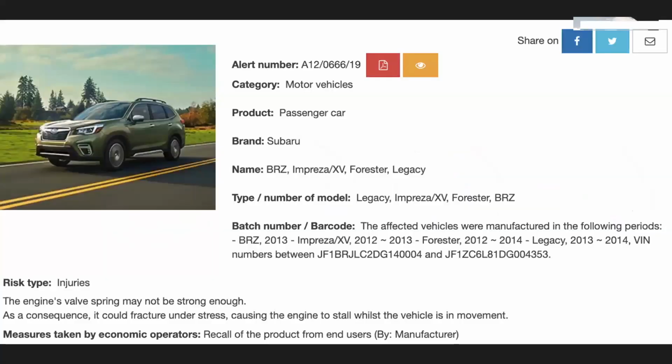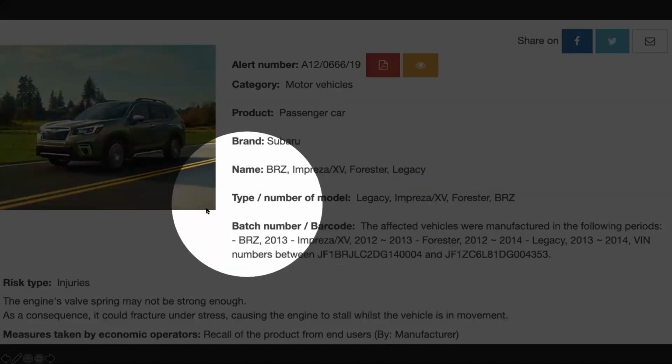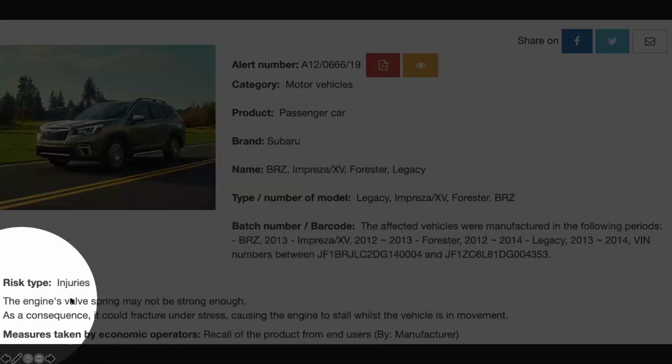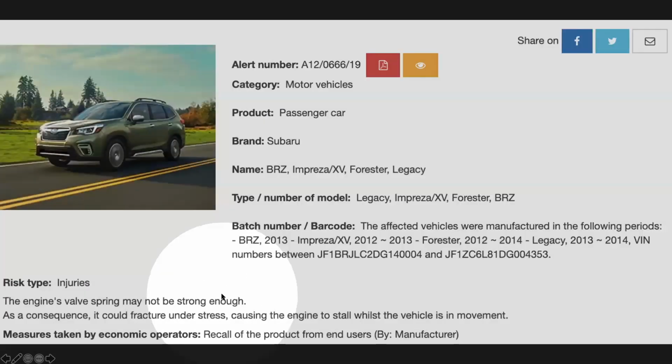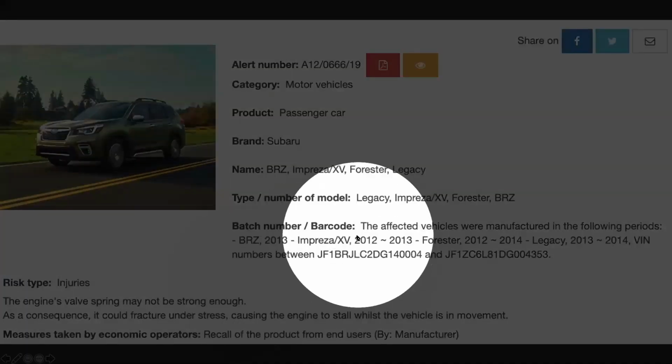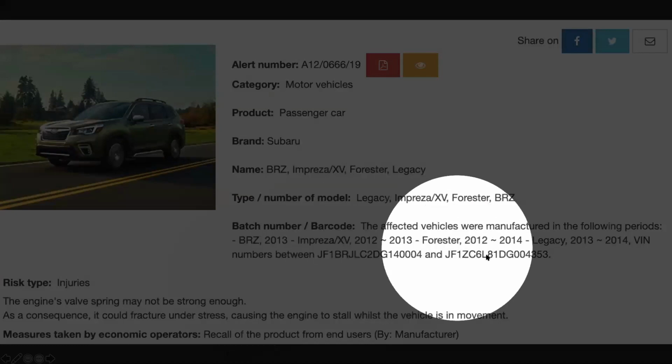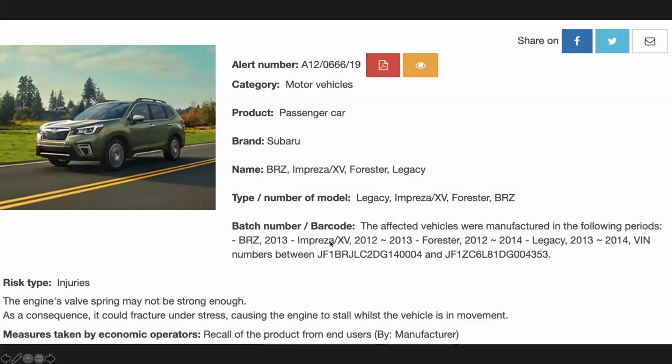And if we think about traditional manufacturing, in this case I just happened to have picked a car, there's a particular issue here. There's a particular valve spring that has an issue that could cause problems for users. But looking at this recall notice, you can see that there are specific VIN numbers they're putting it back to.